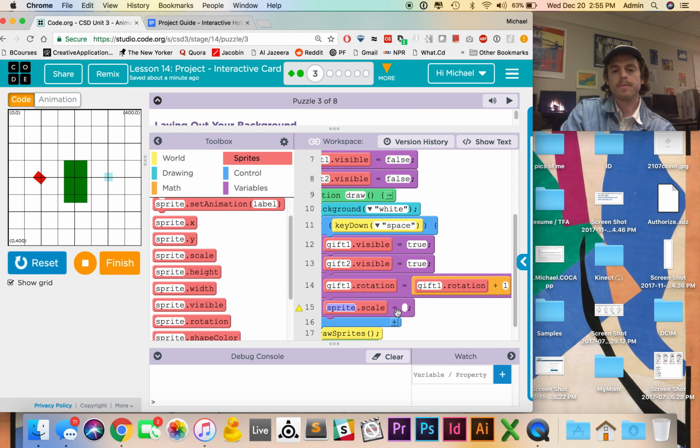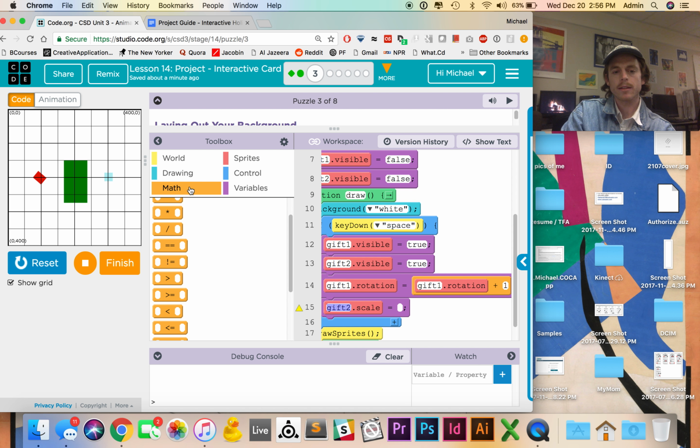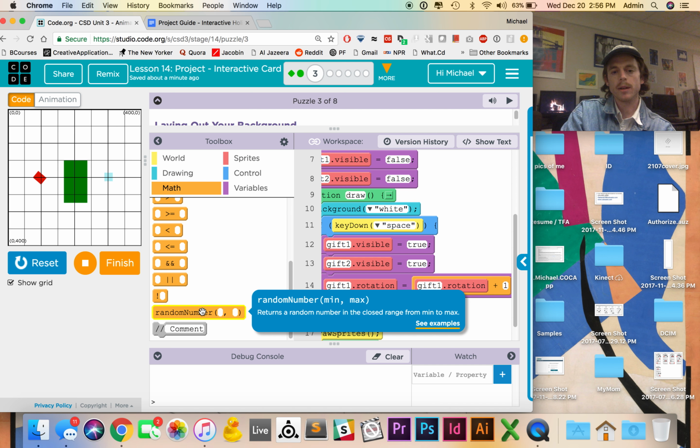I'm going to say GIF 2 scale, and what we want to do is we want it to get bigger and then smaller and then bigger and then smaller, similar to the dog in the student example. So what we're going to do is utilize something in the math toolbox called random number. And what this does is it will return a random number between the specified minimum and the specified max number that we put in. So these two